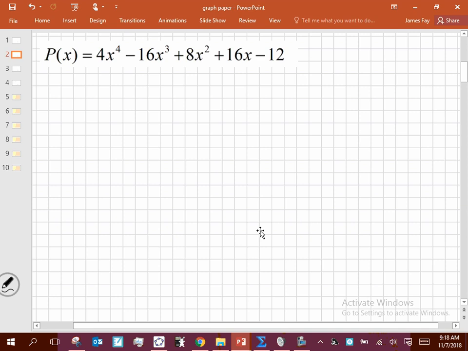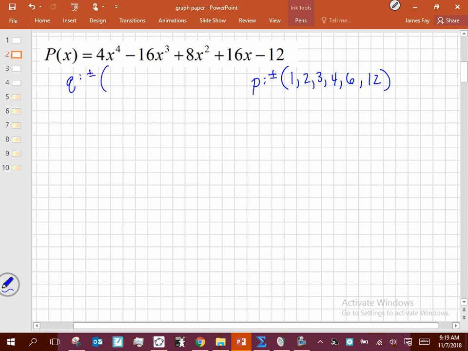Okay? But if you forget, you should still be able to do the work. All right, so we write down our p-values. Remember, your p-values are the factors of your constant. So it's going to be plus or minus. I don't want to write plus or minus every single time, so plus or minus, and I'll put parentheses 1, 2, 3, 4, 6, and 12. Those are all my factors for p, right? Okay. Now, q